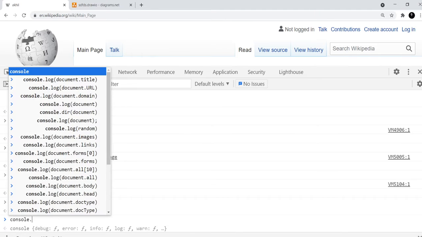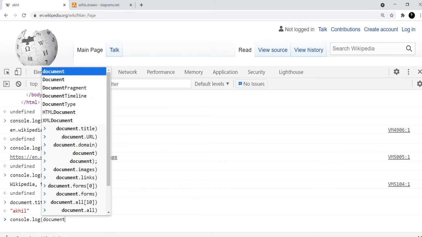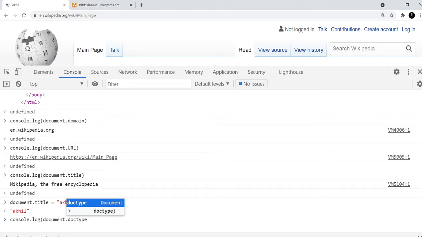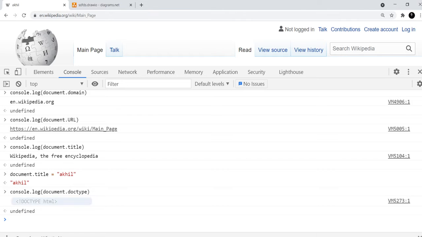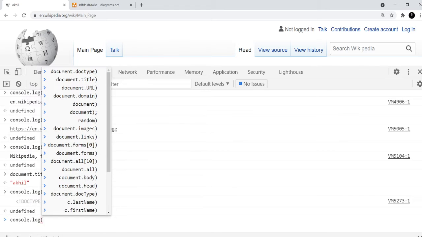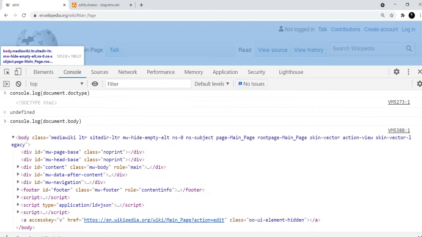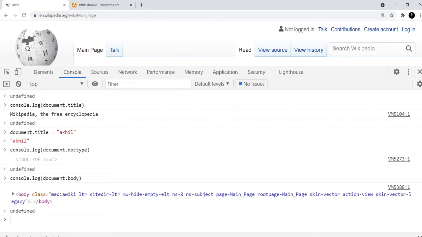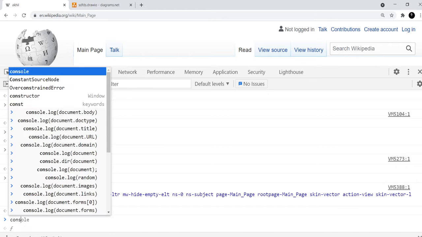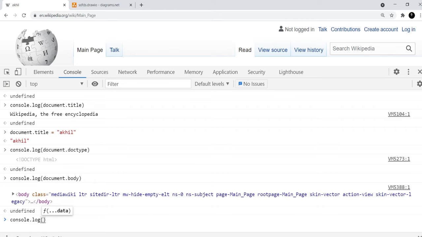Now if we say console.log document.doctype, let's see what we get. So we get doc.html, which obviously we know it's an HTML website. We could also say console.log document.body. So we'll get the entire body inside the document. So pretty neat, right? And we could also say console.log